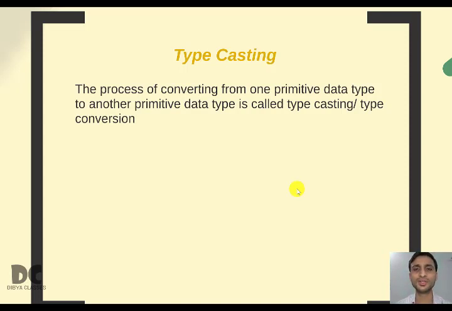So today we will be talking about these 7 data types: byte, short, int, long, those are the integer data types. Then the real data types are double and float, and the single character data type, char. Today we will be talking about how to convert from one data type to another. Typecasting is again divided into 2 types: explicit typecasting and implicit typecasting. First we'll study explicit typecasting.